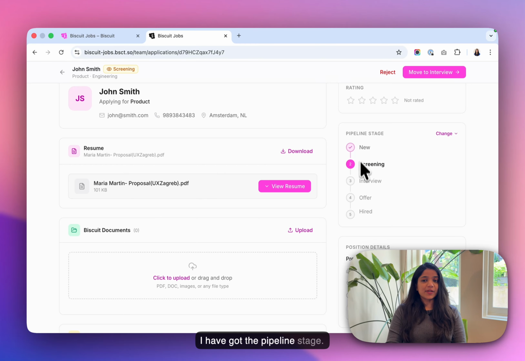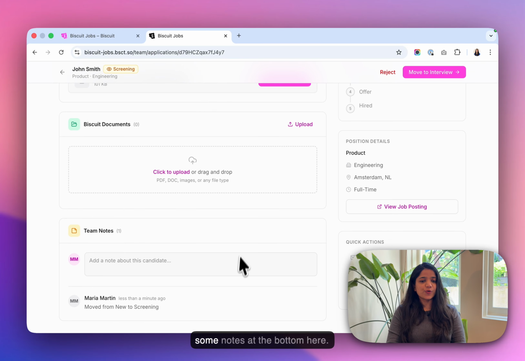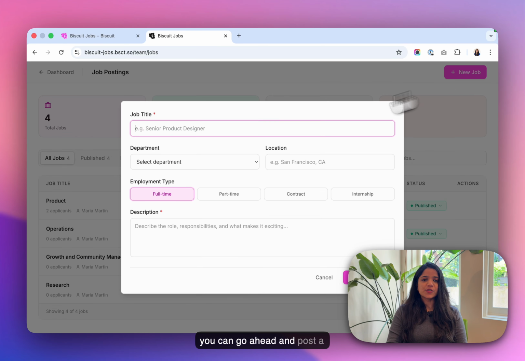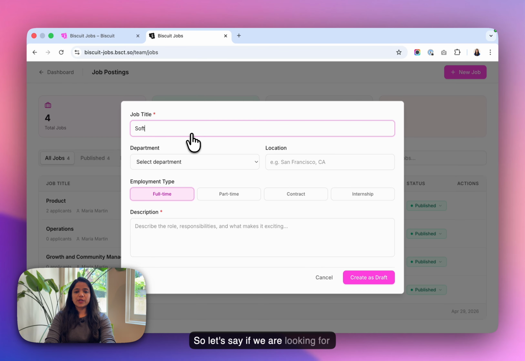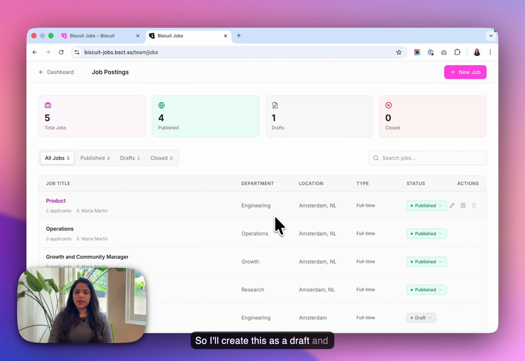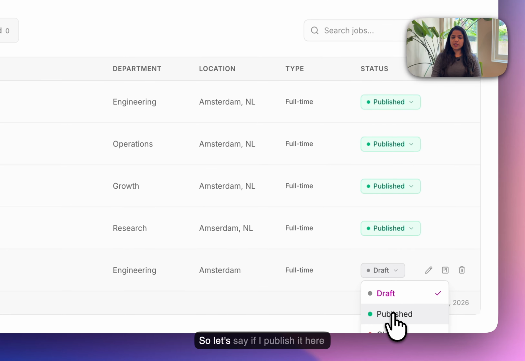I have got the pipeline stage. I can also do the rating, and then you can also add some notes at the bottom here. So if you want to add a new job, you can go ahead and post a new job. So let's say if we are looking for a software engineer, I can go ahead and add this particular role here. So I'll create this as a draft, and I can also go ahead and publish it. So let's say if I publish it here,